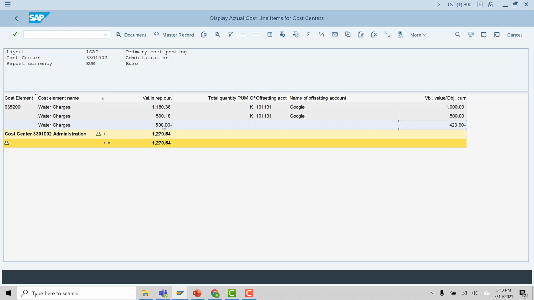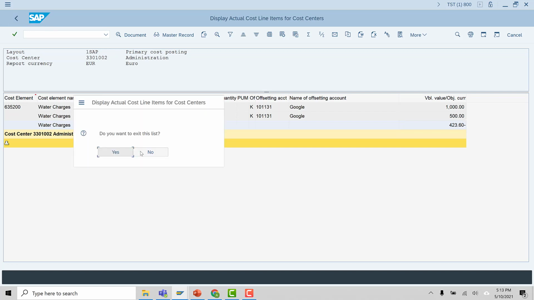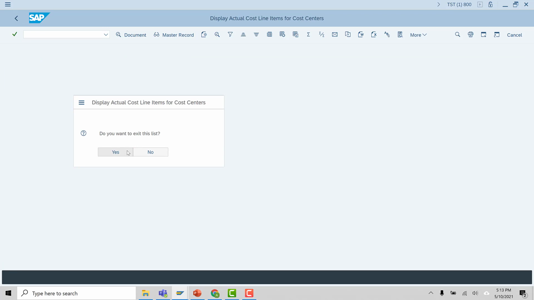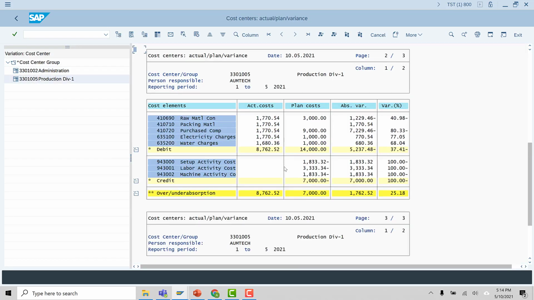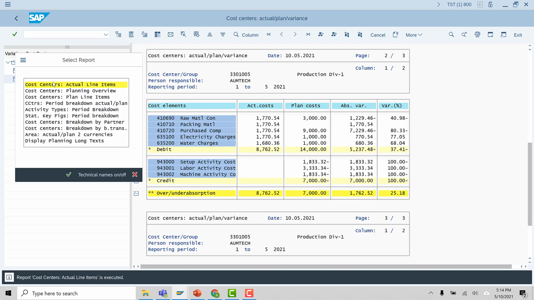And that's why I see 500 euro being removed from this cost element in this cost center 1002. And this amount is now moved to another cost center. So this is the cost center to which we added this 500, and the cost element is 63520. So we can double click and check.